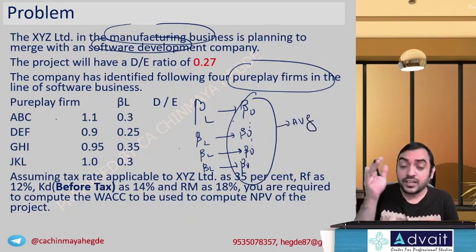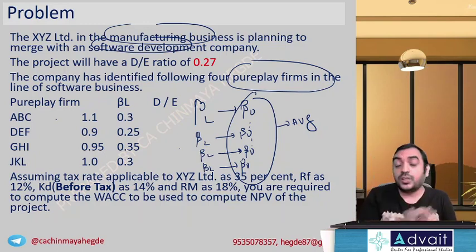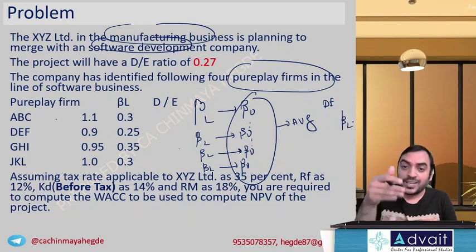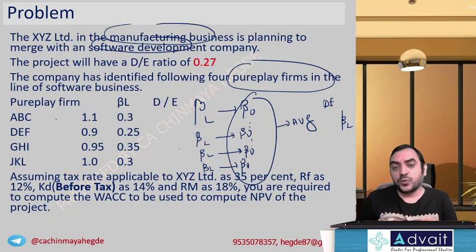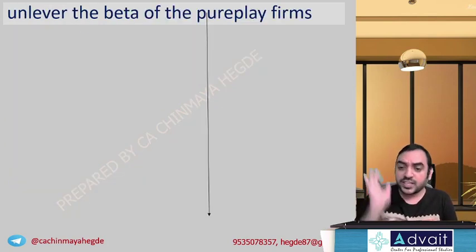The average unlevered beta is applicable for that industry, that business only, pure business risk. Then you apply the debt equity ratio of the entity, and that is going to be the levered beta applicable for this project. From the levered beta you compute cost of equity as per CAPM. Now cost of equity and cost of debt, do a weighted average, you get WACC. That's what they're asking, WACC, weighted average cost of capital. Hope you got the overall process. Now let's calculate.